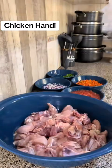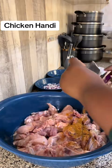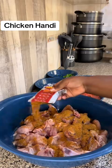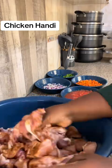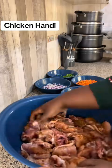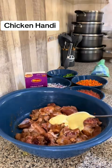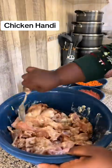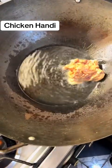Yeah, so I'm using this Shan chicken handy spice. This spice, most of the time, has a recipe behind the box. It's up to you to use the recipe step by step or to just let it inspire you. Like me today, I just read the recipe and decided that I wasn't gonna do it step by step, but it did inspire me, so it just gave me an idea of how to cook